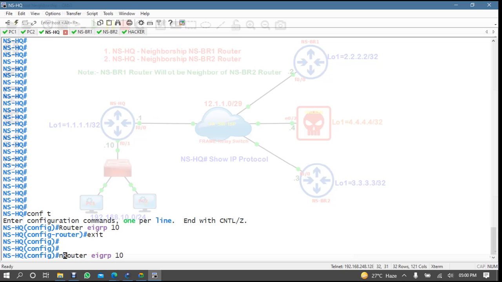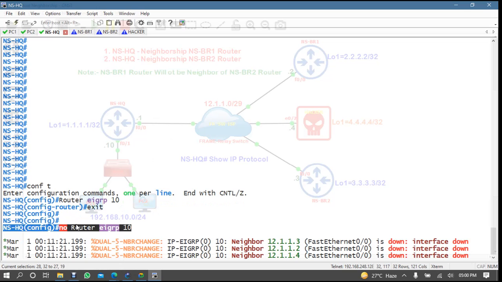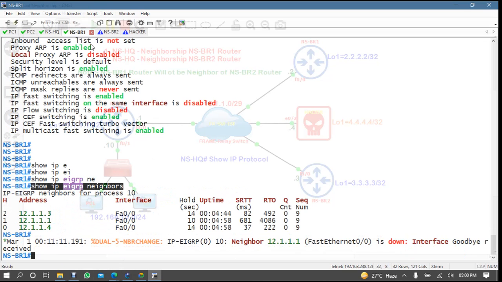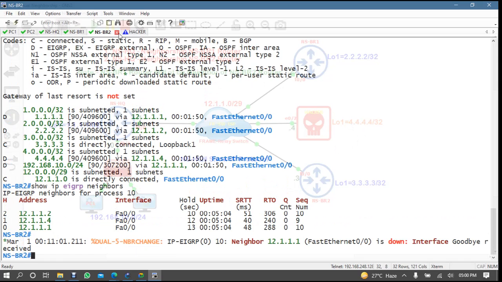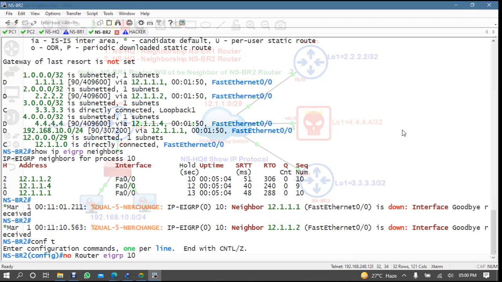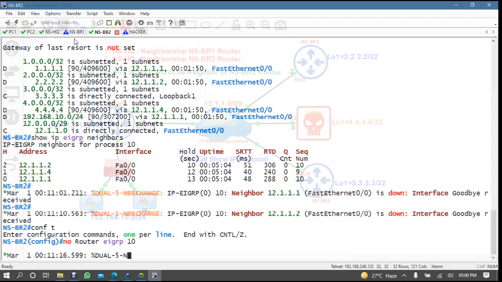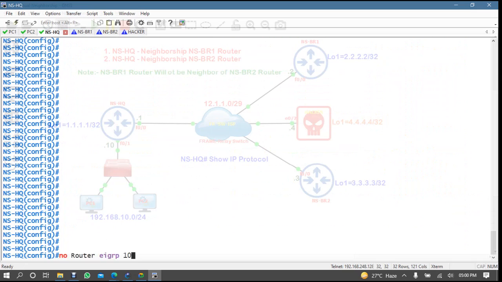The routing which is running, you just write no on all your routers and reconfigure it. So all neighborships are down. Now configure your routing again, router EIGRP 10.